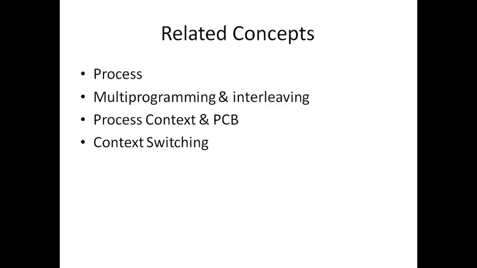The next is context switching. Context switching is the technique by which the CPU changes the process that it is currently executing. It is typically invoked whenever the current process has to wait for some event to complete, or it has completed its time quantum, or it has been identified to make some illegal request. In such cases, the CPU will immediately switch from the current process to a new process.